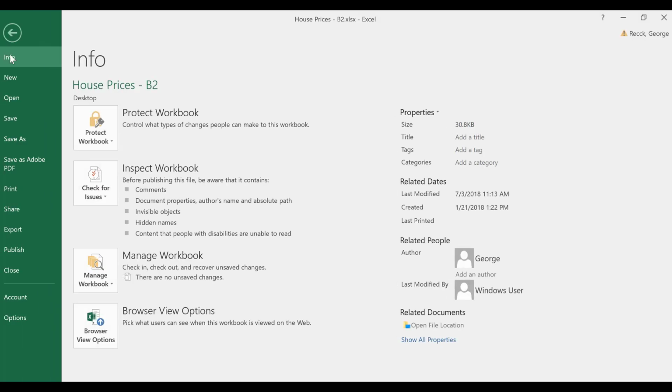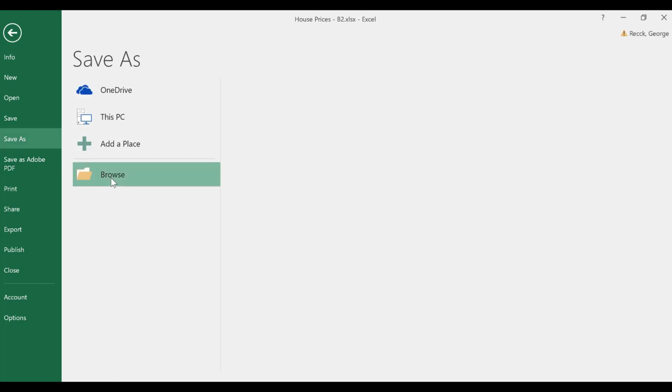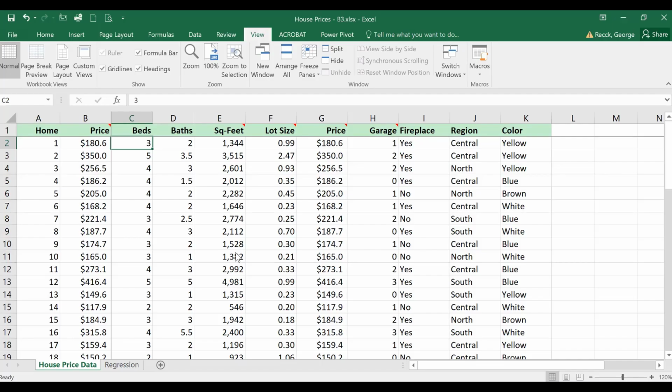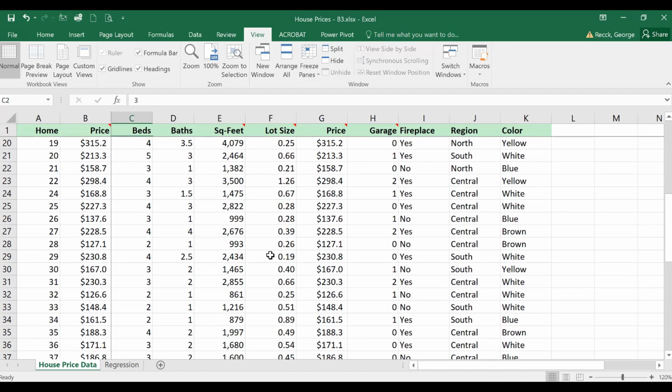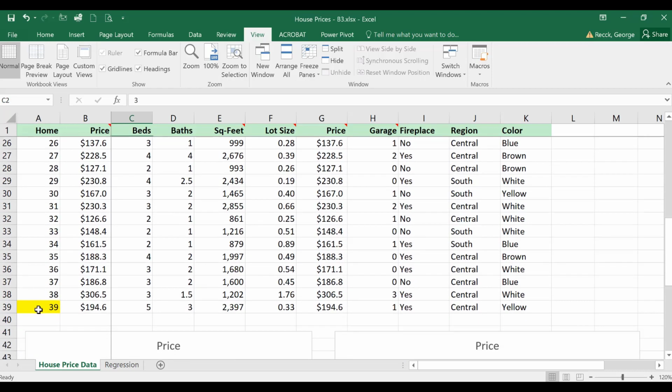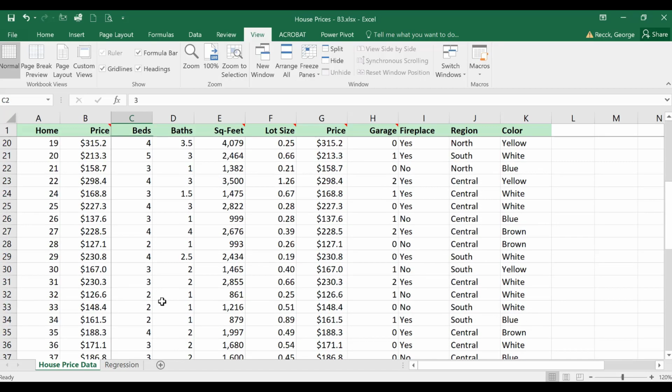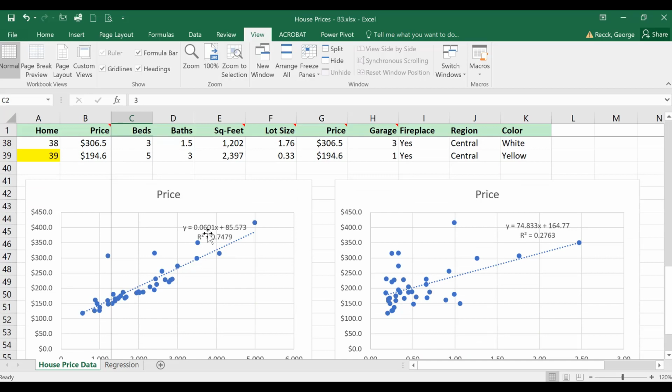And now I'm ready to say, let's save this as B3. All right. So now let's see where we are. We've got our data. We've gotten rid of row 23, just note that. I reminded myself by leaving that in yellow. Here's the scatter plots. So now what I'm going to do is I'm going to recreate this regression equation, which